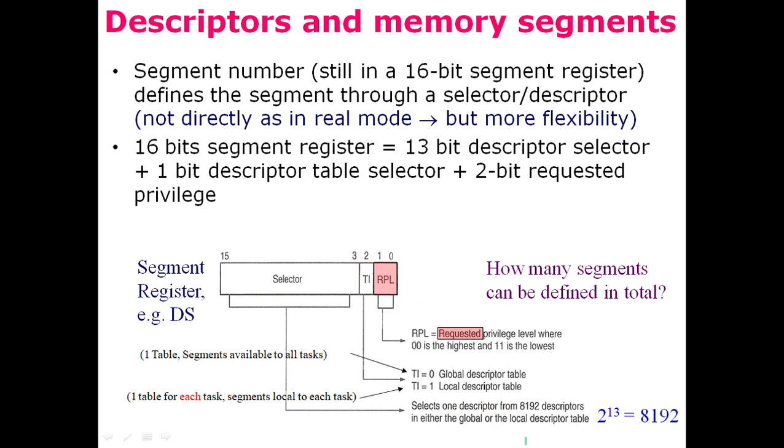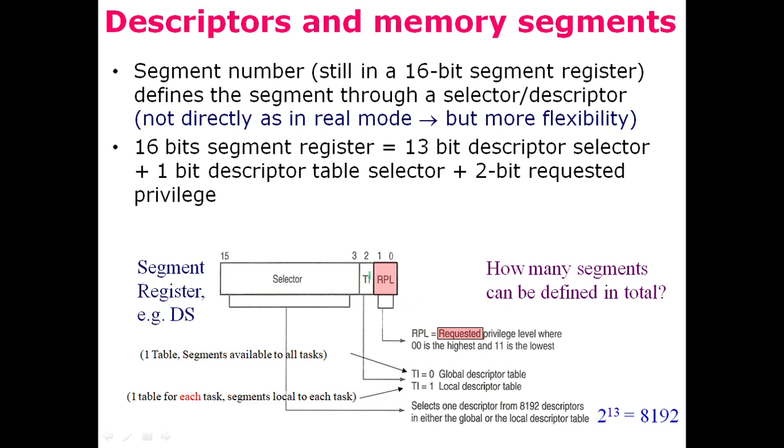And the local descriptor table describes memory segments for specific or special applications. That's why they are called segments, and that's why it is the local segment descriptor table. So we have two descriptor tables: one is the global descriptor table, and the other is the local descriptor table. And this bit would identify if a local descriptor table is to be accessed or a global descriptor table is